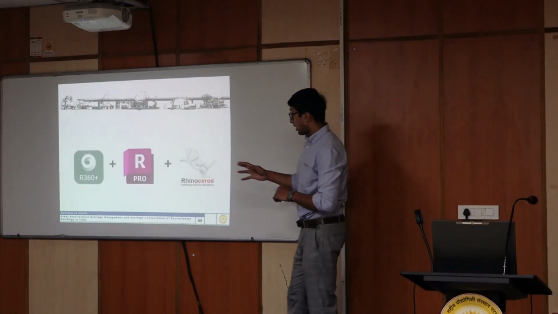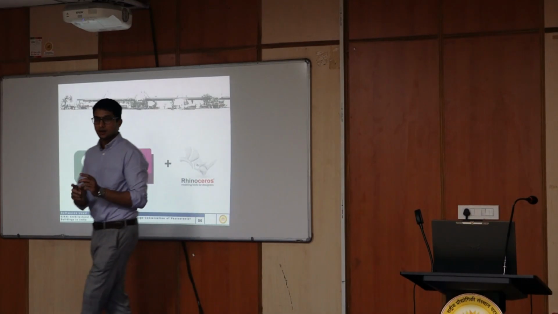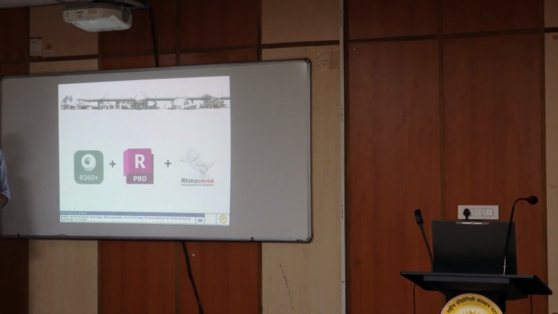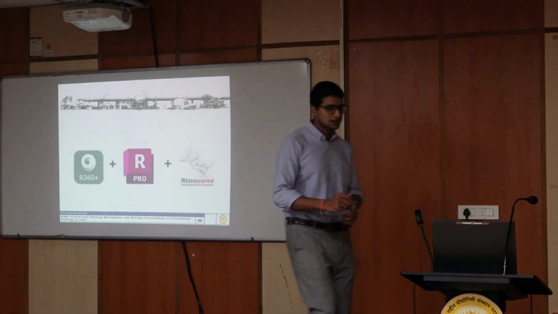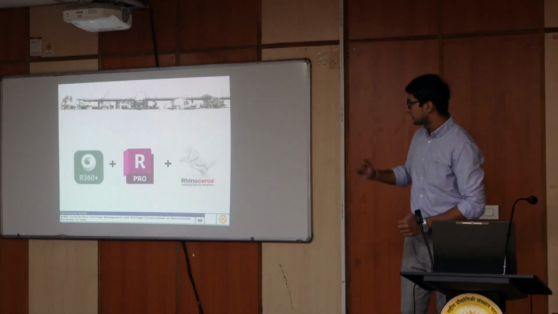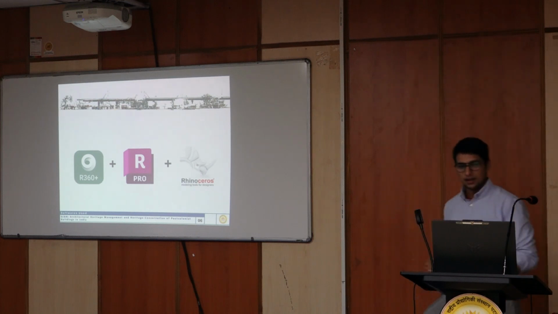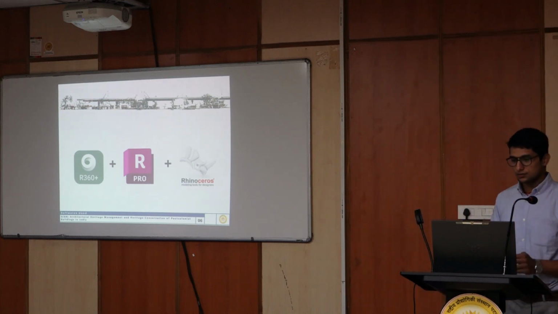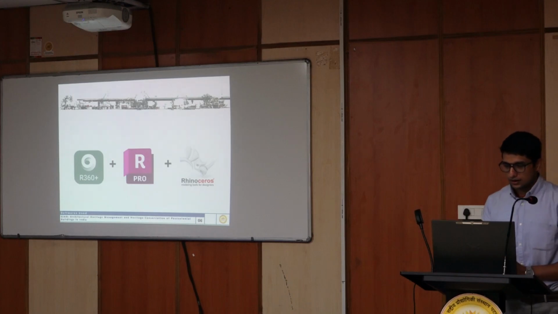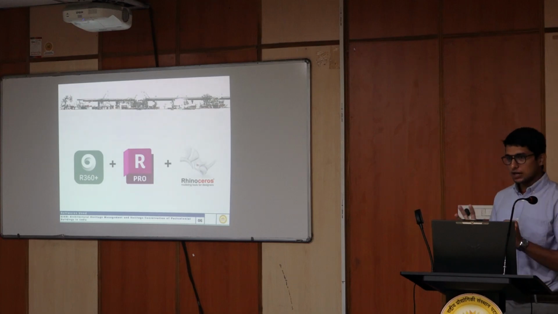So the second stage, after finding the overlap and calibration, was Autodesk Recap Pro. We wanted to create a mesh from the point cloud. A point cloud in and of itself can't be used for analysis. We need a mesh, a surface from that point cloud, so that we can then create models which will be predictive in nature and be used for our proposals. So then we used Autodesk Recap Pro. We first struggled with Cyclone 360, but it was not very productive. So we shifted to Autodesk Recap Pro after a lot of research, and ultimately we modeled all of that in Rhino. Now in Recap Pro we created meshes,